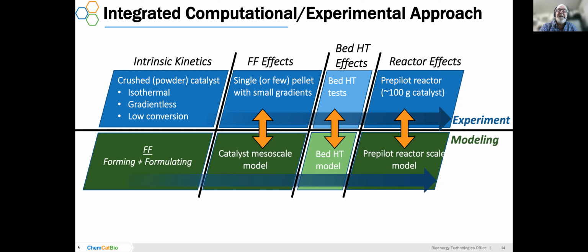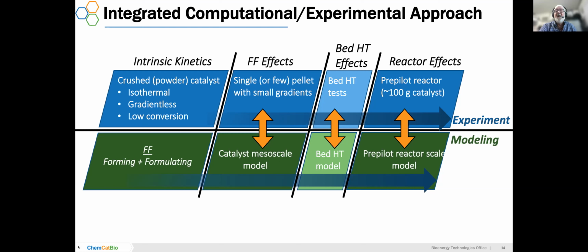Then you start folding in bed effects, and this of course is for a fixed bed application where you look at the heat transfer. You can also look at mass transfer, axial radial dispersion, things like that. And the end result from that is to move into a pre-pilot reactor, which we are currently in the process of building at Oak Ridge National Lab, which is designed for 100 grams of catalyst, and it's designed in such a way that we can combine it with modeling, specific modeling, to address all of these individual components of the